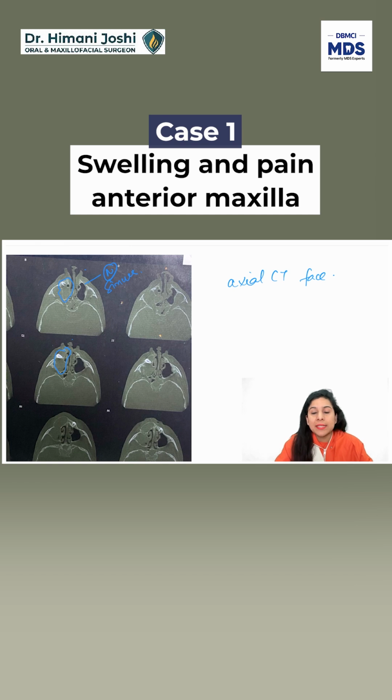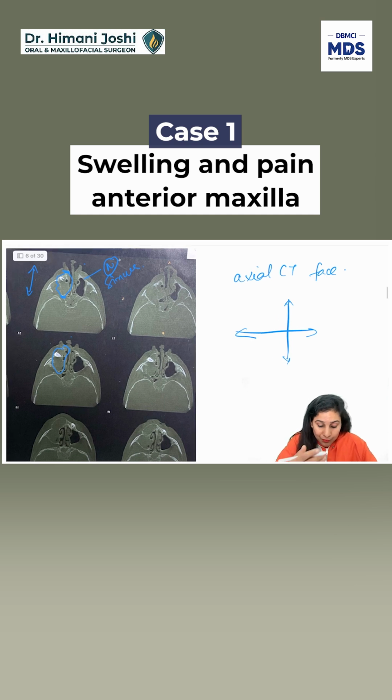So this is where CT is so helpful to us. Now in the OPG we saw left to right extent, top to bottom extent, whereas in this axial CT you can see the antero-posterior extent, the depth of the pathology. So I know it is extending from the anterior border of the maxilla and going almost up to the mid maxilla or even posterior. Almost the whole depth of the sinus is involved. Also, as you go back, you take different slices, you see that this canine is associated with the pathology. So maybe the lining of that canine tooth is the origin of that cyst.